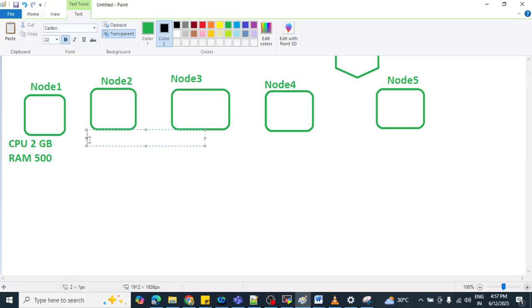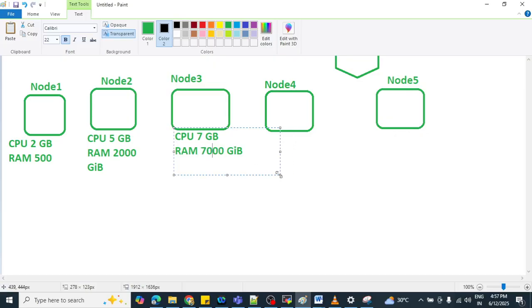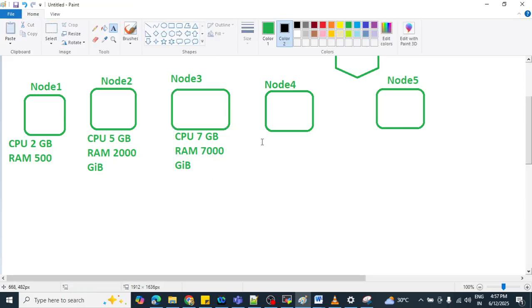For the second node, suppose the maximum CPU utilization it can take is 5 GB and the RAM is 2000 GB. The third one is node 3, with 7 GB, and suppose the maximum utilization this node can use is 7000 gigabyte.